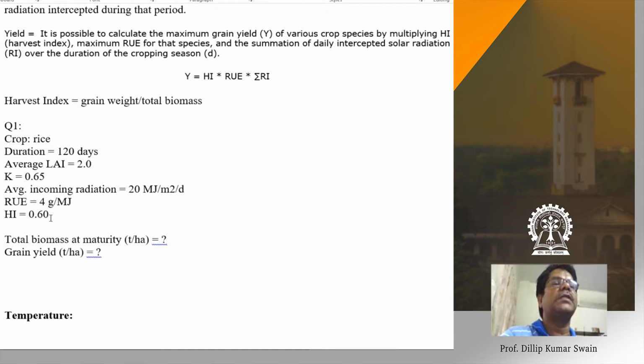And then multiply by harvest index, that will give you grain yield. Sir, why did we divide it by a factor of 2? I could not get it. Because when you talk about the radiation interception, this is only photosynthetically active radiation, not the total radiation. The crop does not receive all other radiation except photosynthetically active radiation. And this average incoming radiation means the total radiation. Of this, around 50% is your photosynthetically active radiation. Okay, sir.